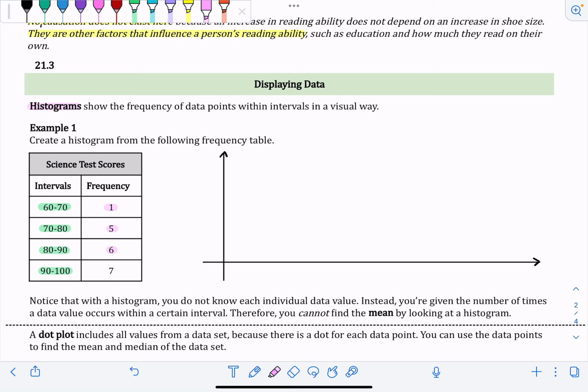The 6 means 6 students scored between 80 and 90, and the 7 means 7 students scored between 90 and 100. I just kind of snagged this problem from a workbook, but in the future, instead of the intervals being like 60 to 70 and 70 to